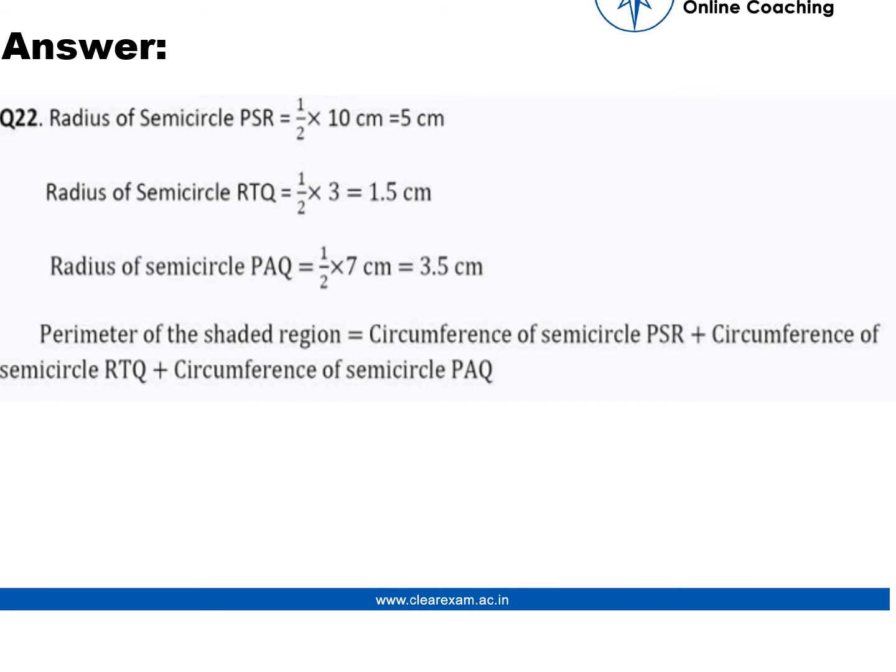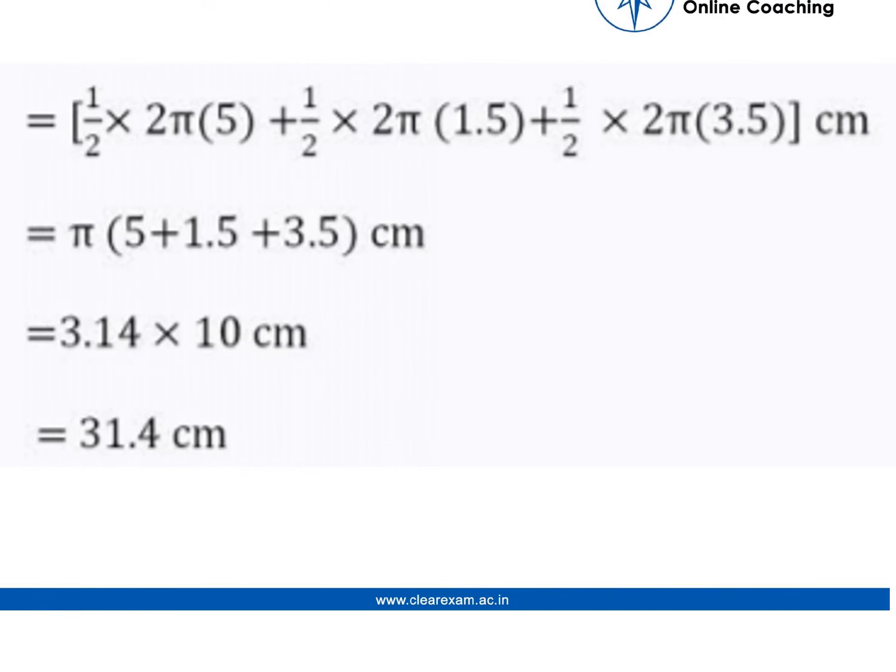Then applying the formula, now we know that the circumference of an entire circle is 2 pi r. So for getting the circumference of a semicircle, we'll divide it by 2. So we have divided by 2 here also. In the first term also, we have used 2 pi r, and we have divided by 2 for all the three terms. We did the same procedure, and putting the values of radius according to